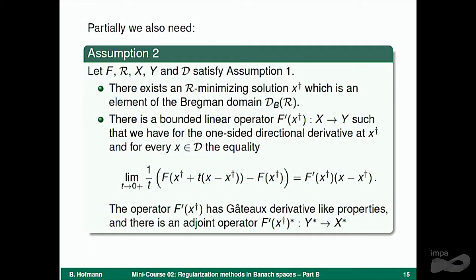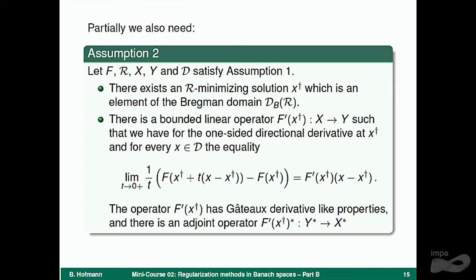Assumption 2, only some technical things I need. If I have a Bregman distance, then the domain should be such that we have this element in the Bregman domain. And with respect to nonlinearity, I do not use Fréchet differentiability in general. For me, it's enough that I have a linear operator, which I call f prime, like a Gateau derivative, with the properties that this